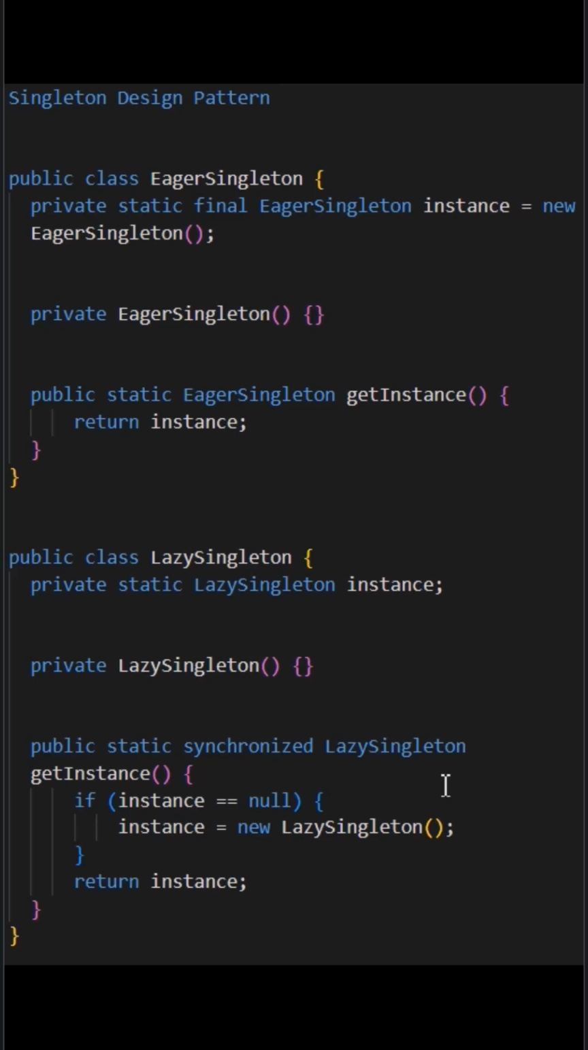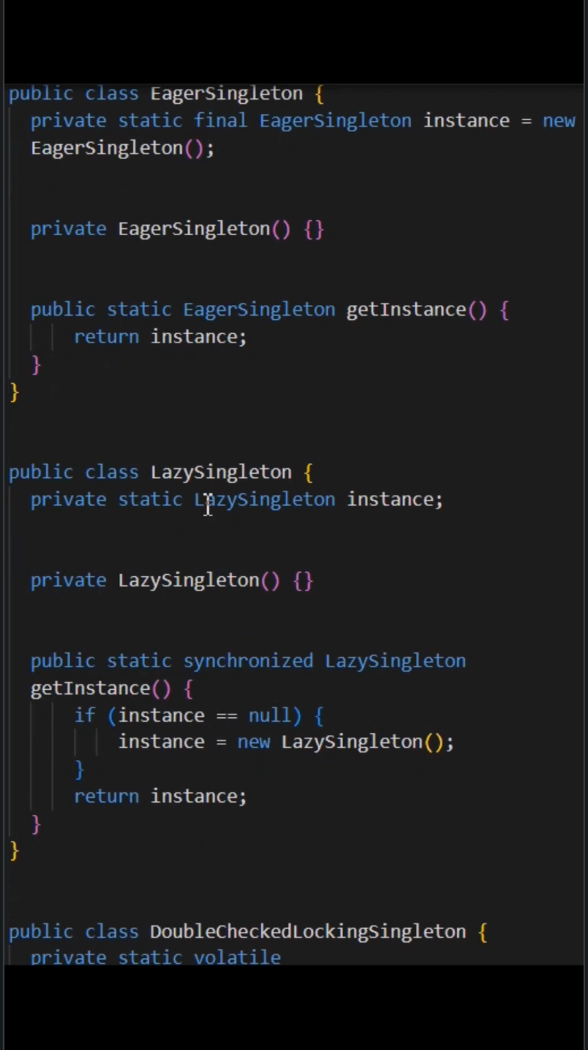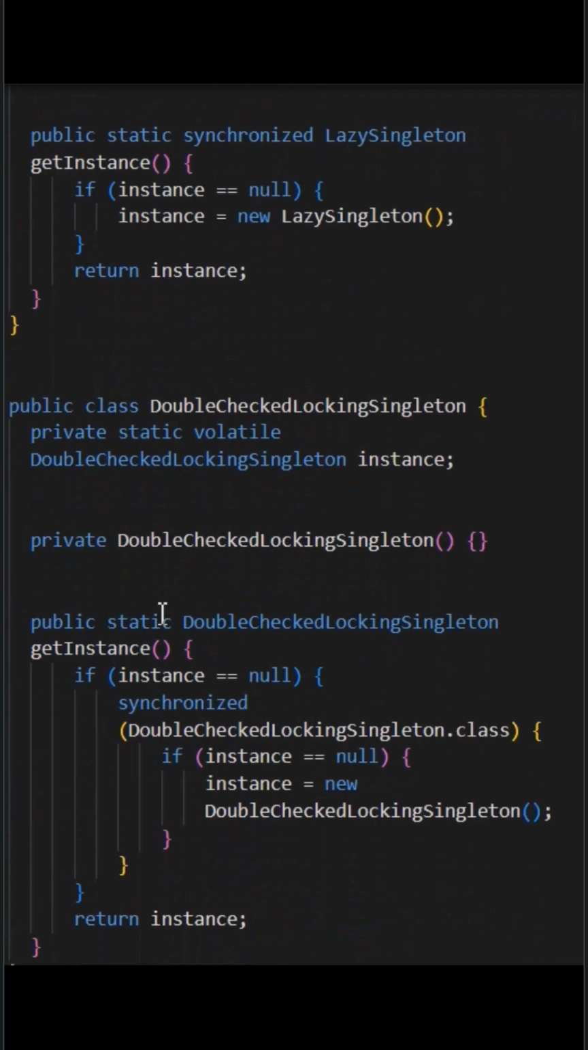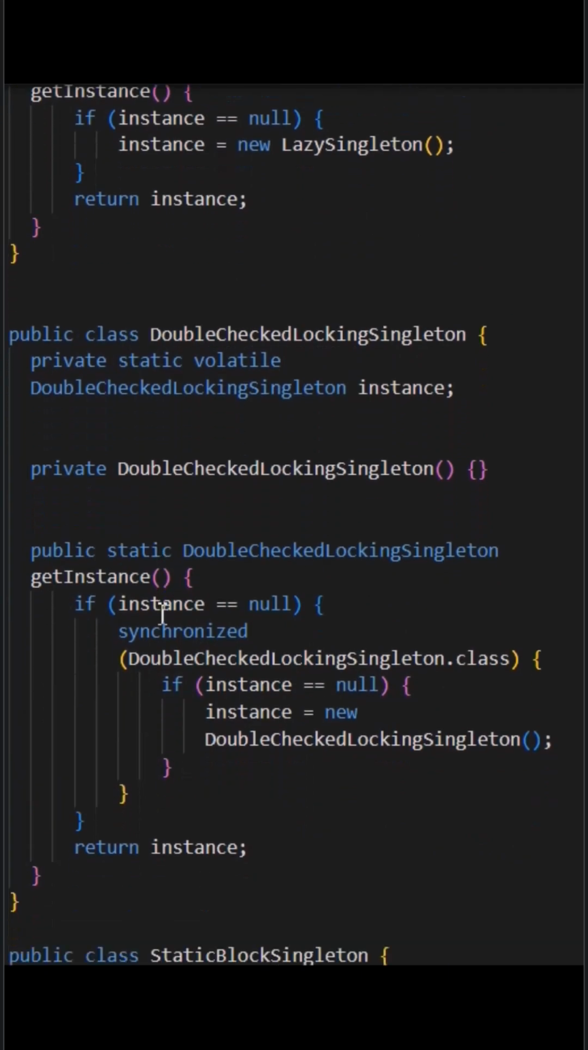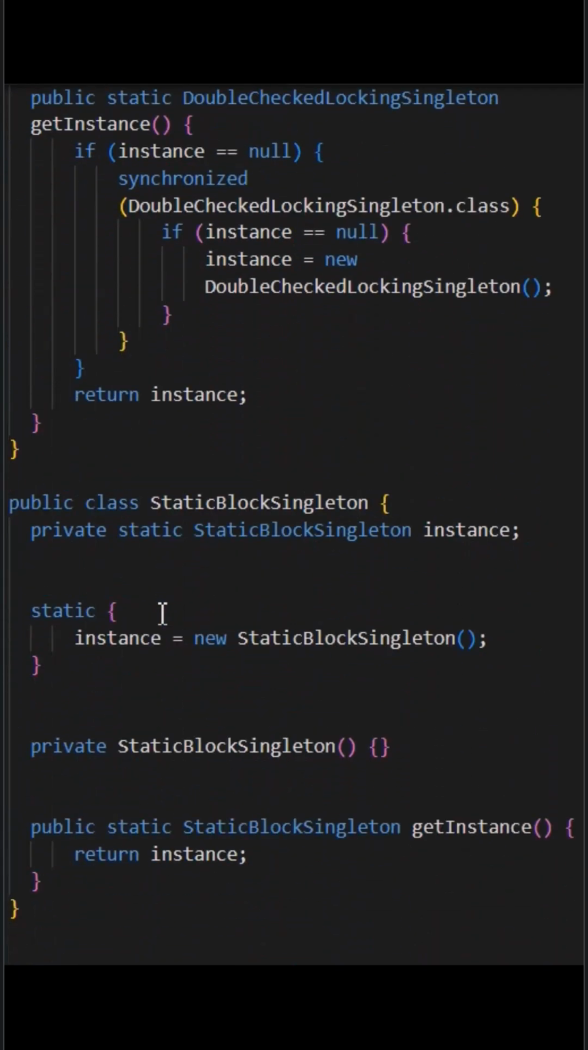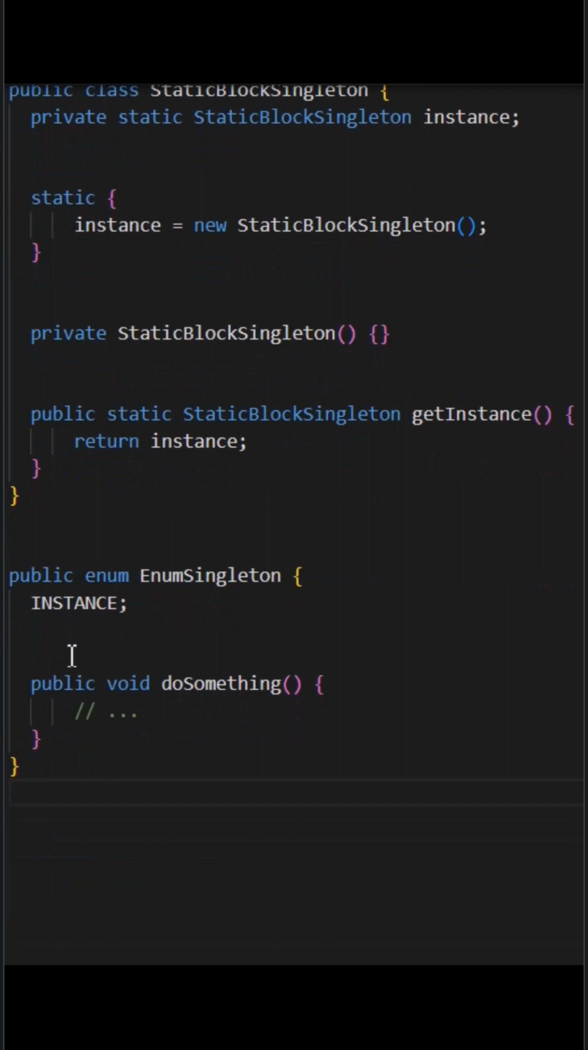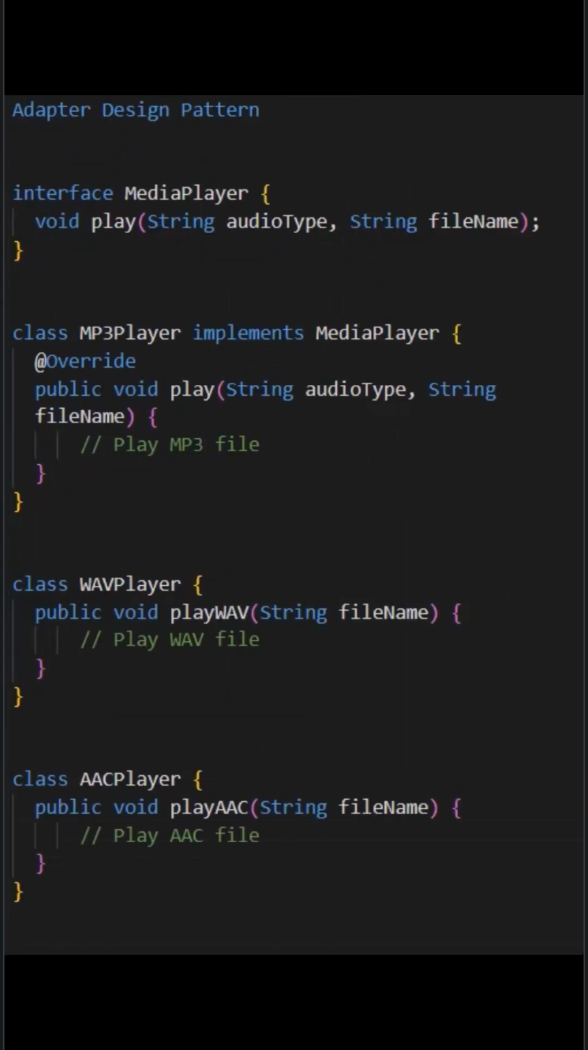There are different ways to create singleton classes. One is eager singleton, second is lazy singleton, third one is double checked locking singleton for the thread safety. Then we can create a static block singleton in the static block, and the final we can create singleton via